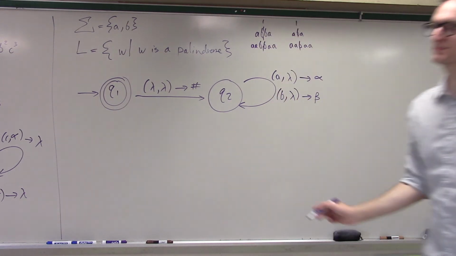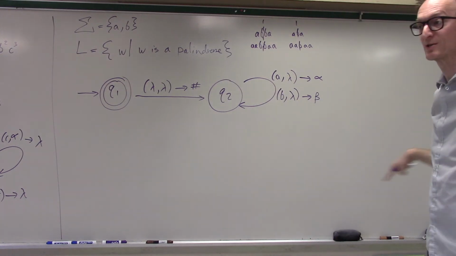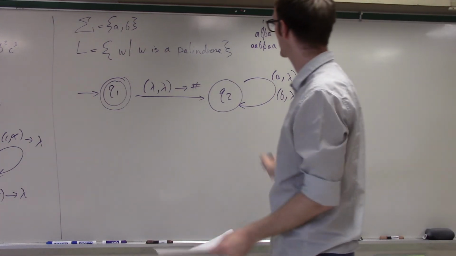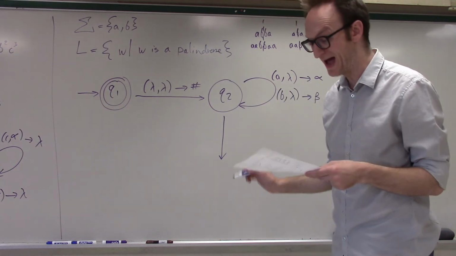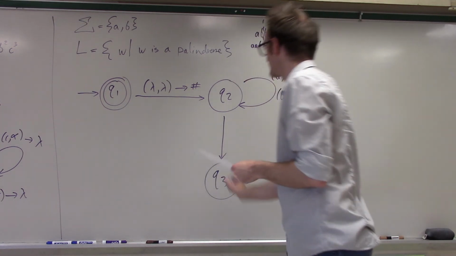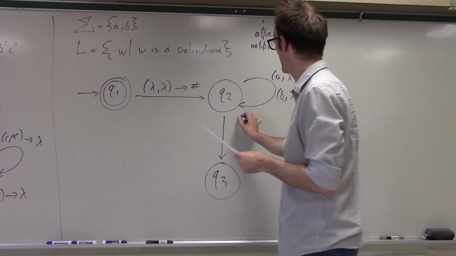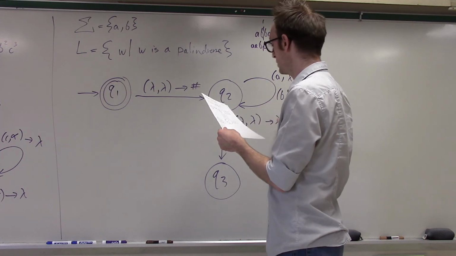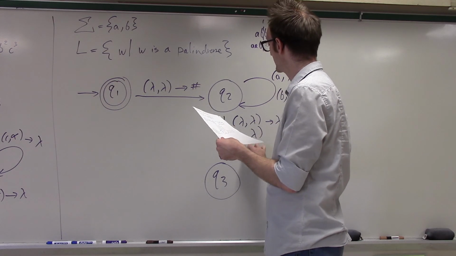But at the same time that is happening, I divide my machine up into many, many different copies of itself. At every moment, guessing whether perhaps I am at the middle. And I go to state Q3, which is the state of processing the second half of the string and checking that it works. So I want to, one, be able to just go there. Two, I want to be able to go there by reading an A. And